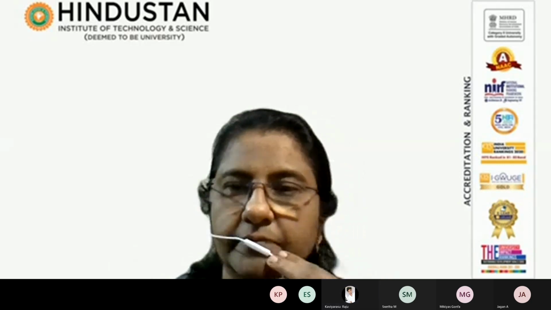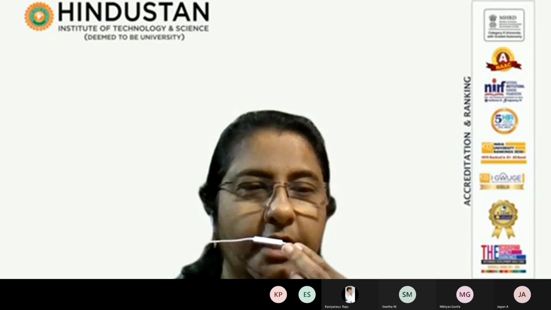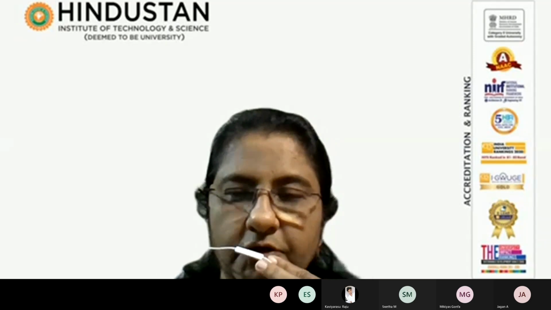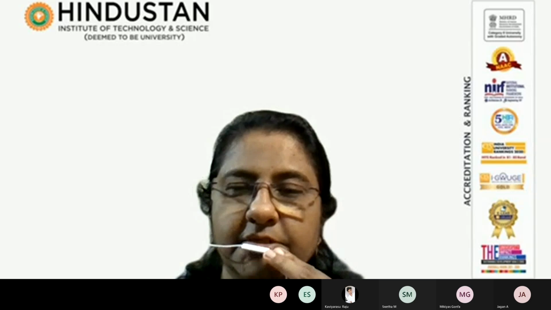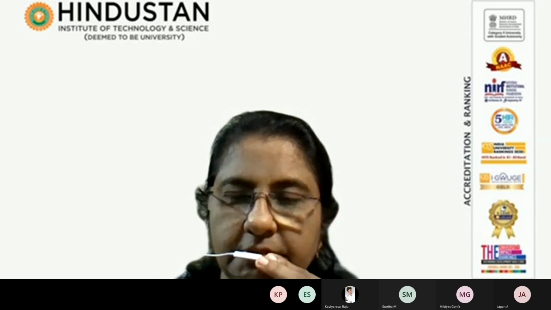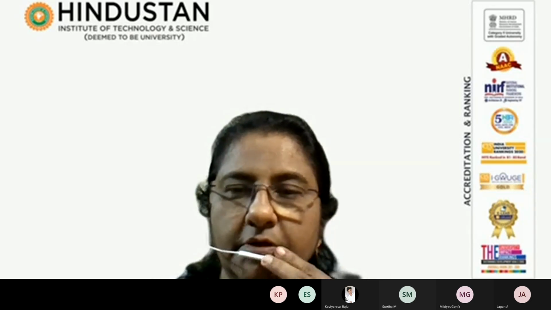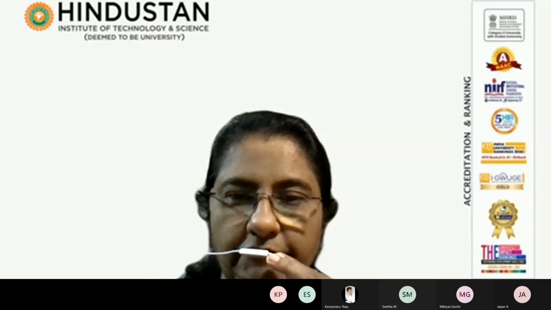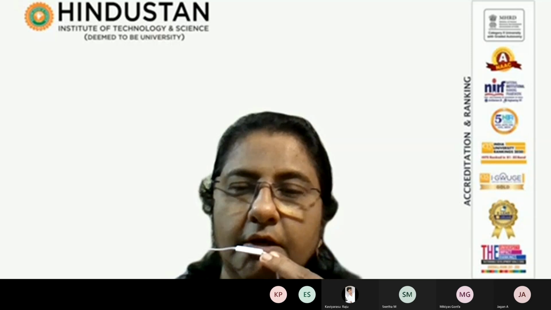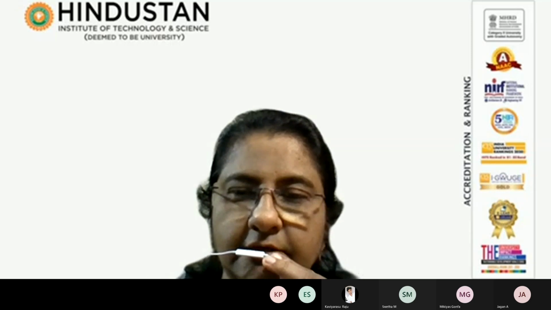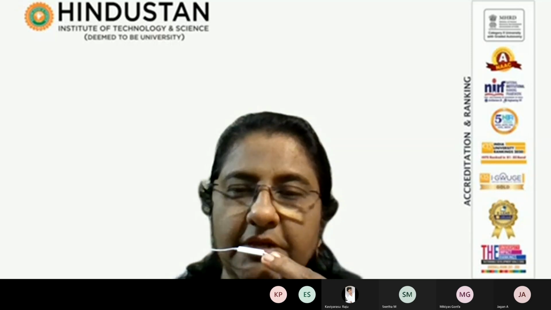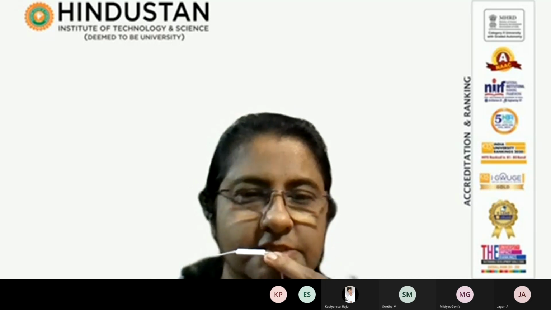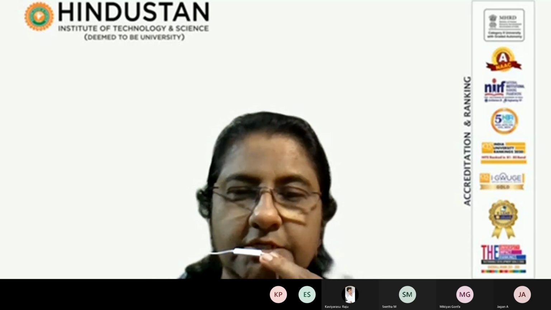Last class we were discussing the initial part of tall structure design. That means the design philosophies involved, what the criteria for selection of a structural system are, and why we have to go for a tall structure. And simultaneously you are presenting the materials used for construction. Last class Shweta presented fiber reinforced concrete.